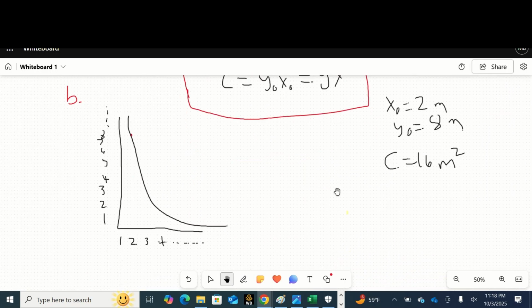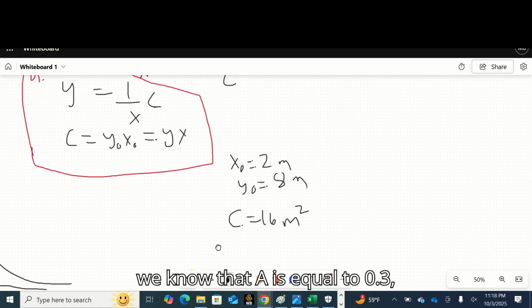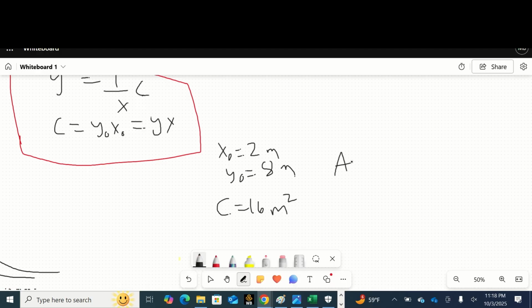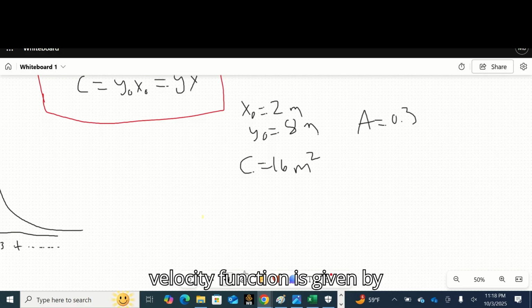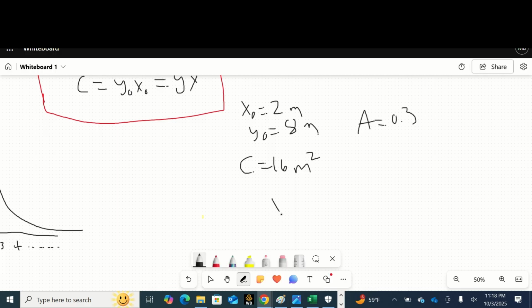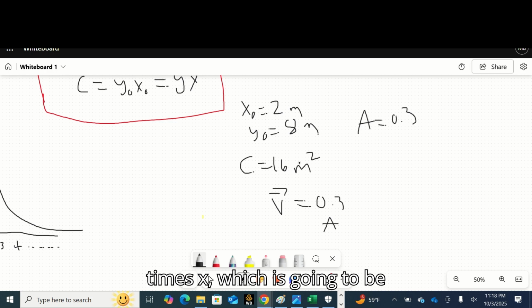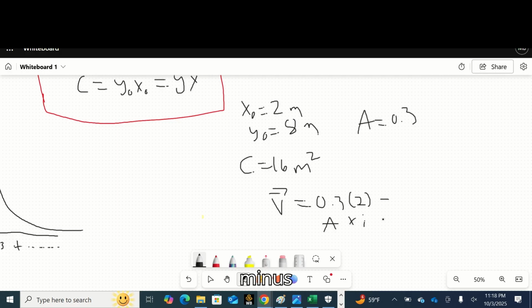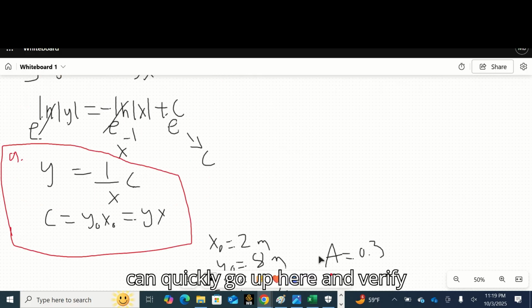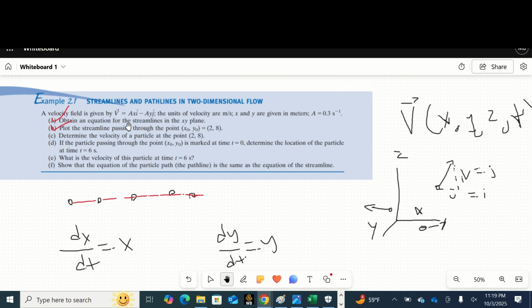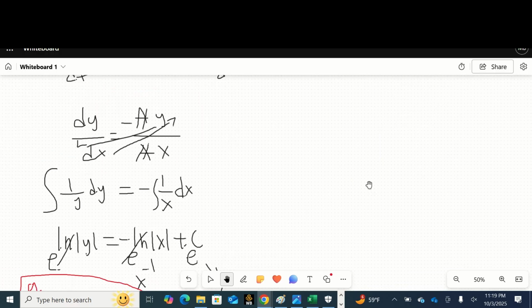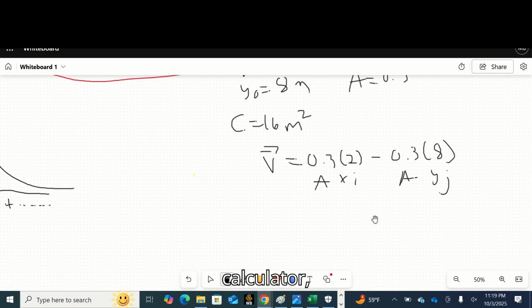So we know that A is equal to 0.3. I'm going to write down my given here. A equals 0.3. And our velocity function is given by 0.3. Remember, it was a times x. It's going to be 2 minus 0.3 times 8. We can quickly go up here and verify that my equation is correct. And now if we just plug this into the calculator,